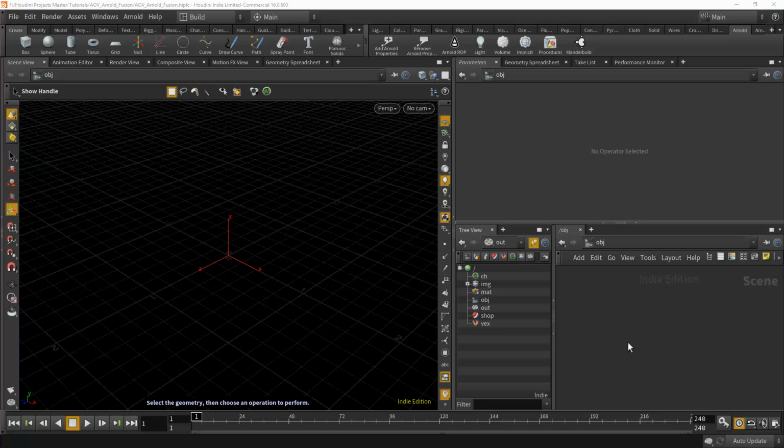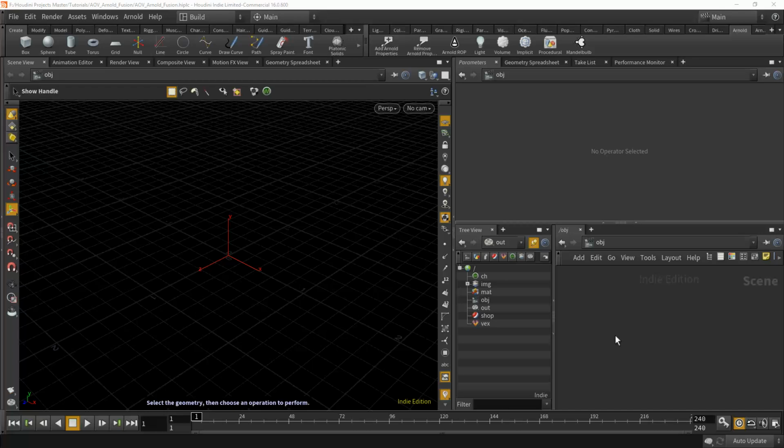Hey guys, this is Tobias with Framehouse 3D, and today I was going to show you a basic workflow from Houdini, Arnold Render for Houdini, going into a compositing package like Fusion. I decided to make this video because I ran into some troubles the other day on a project with regard to the OpenEXR formats and compatibility between